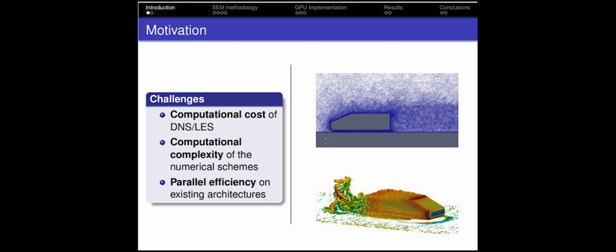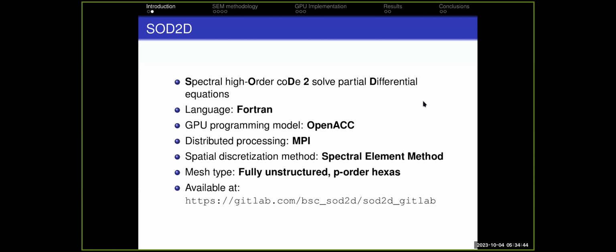Speaking of SOD2D itself, there's the old joke that the acronym comes first, and then we think of a name to put on it. Originally, this was a very small test code for some of the proposals of my PhD. After a hackathon with Filippo Spiga, this grew way out of proportion, to the point where now we have a spectral high-order code to solve partial differential equations, meaning it's a code in Fortran, so old school Fortran 90, coupled with OpenACC for the GPU porting, and Fortran MPI routines for the parallelization over multiple processing elements,